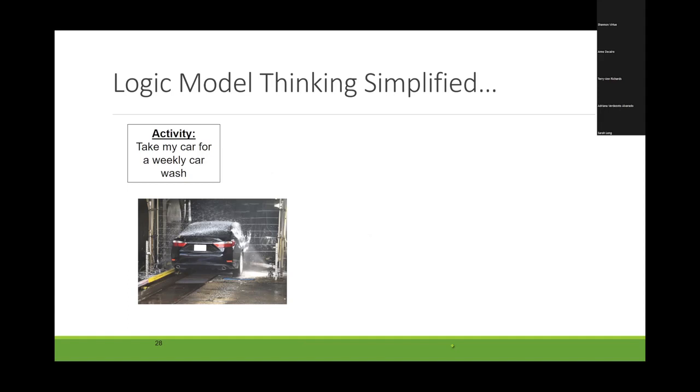So let's just say that the activity that I'm going to do is I'm going to take my car for a car wash once a week. So what will result when I take my car for a car wash every week? Well, a lot of things could result, but the first thing that I would ask myself is, why does it matter? What do I expect to result? Well, I would expect my car to be clean. The first thing I want you to notice here is that this is not that big of a jump. Sometimes people try to make really big leaps as they're doing these models. It doesn't have to be rocket science. It can be as simple as my car is getting washed, so now I have a clean car, right? Not that hard, but very helpful.